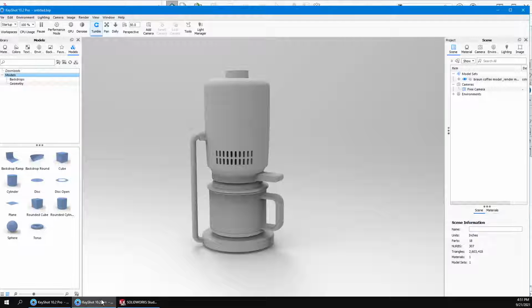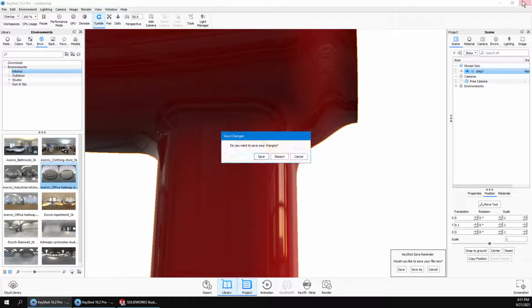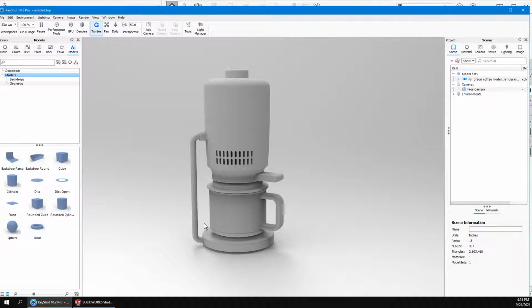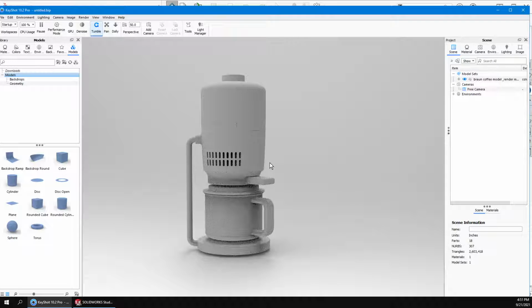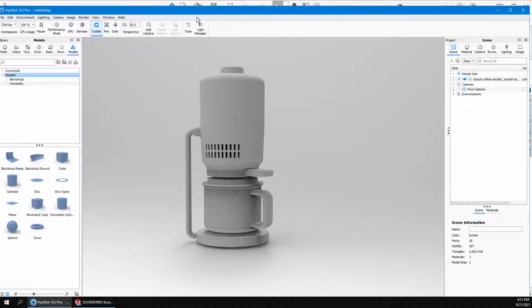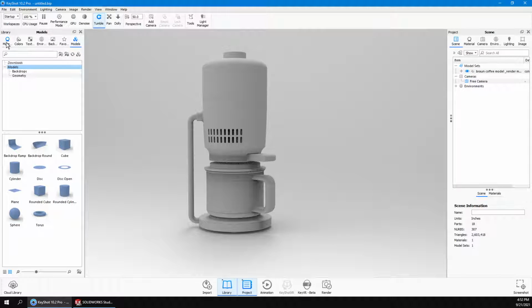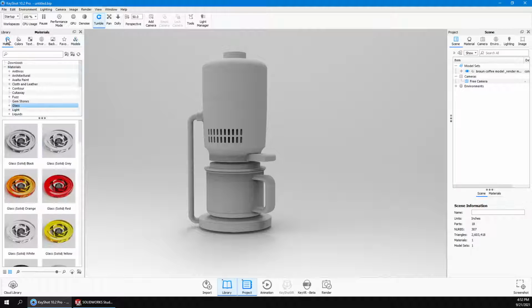So when you bring it in, I've got multiple things open here. When you bring in your model from Keyshot, it looks similar to what you had in SolidWorks. It's just maybe a little bit prettier. But you have your basic model window screen. Over here you have what's called your models. You've got your material tab, colors tab,